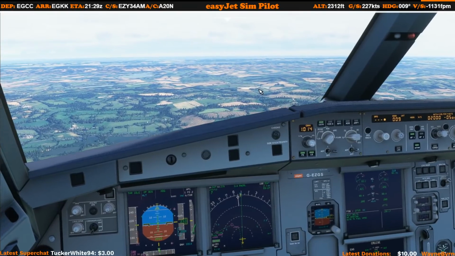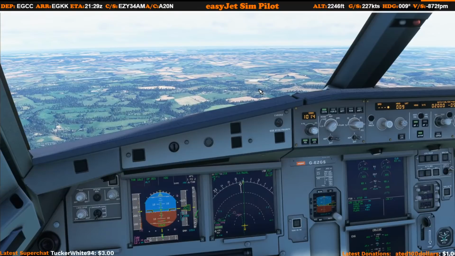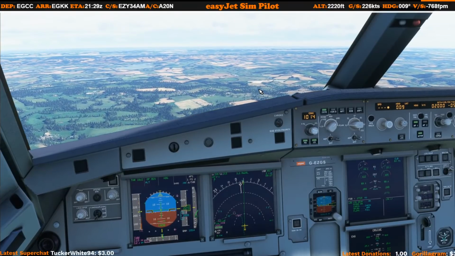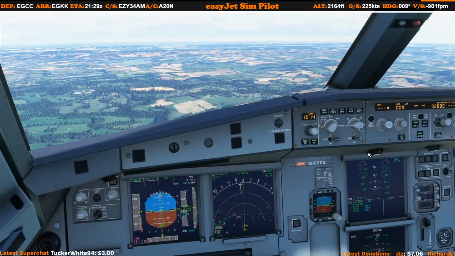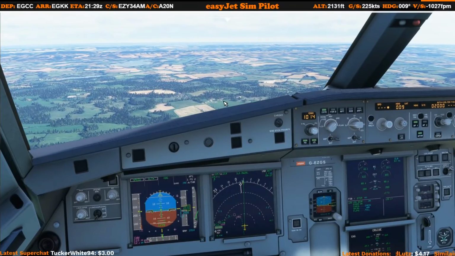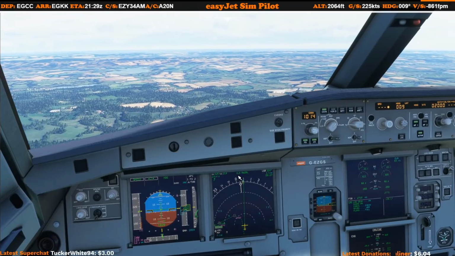So what we're going to do in a minute is put flaps 1 out, but we don't really want to go any slower than 180 knots. So then we can pull the speed bug to sort that out. So there's speed alt start,